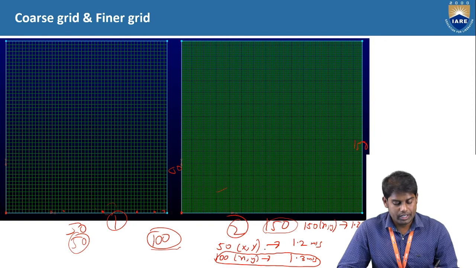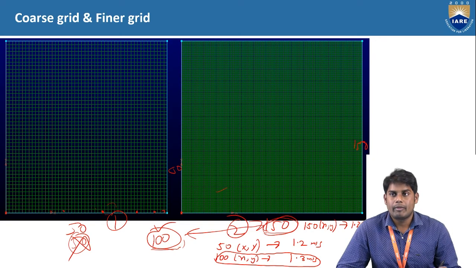If the solution changes considerably when you are changing the number of grid points, then you have to eliminate the lower number of grid points and update to a new version of the grid points. Then you need to check by increasing what happens. Okay, if the solution between these two grids has an agreement with error less than, let's say, 0.1%, or let's say less than 1%, then you can go for the lower number of grid points. So grid independency study is very, very important.